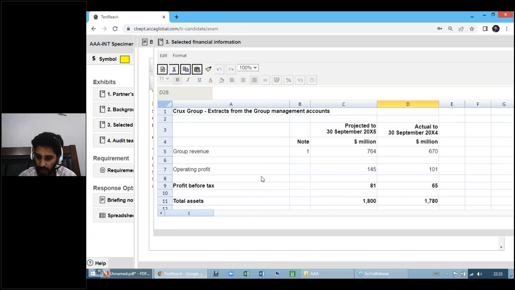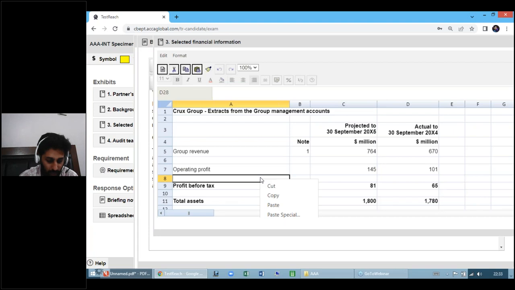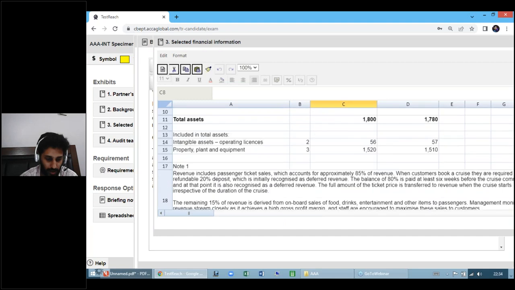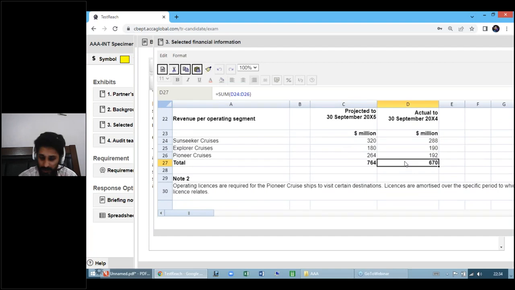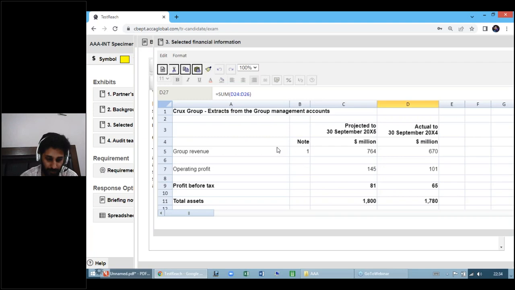That's information which is already given. Can you please calculate by which percentage the total revenue is increased? 764. The total revenue is increased by 14%, right? It's 14%. And see that the operating profit